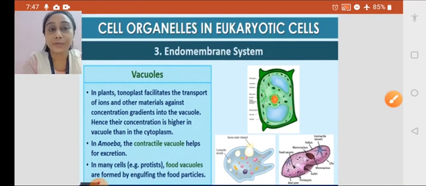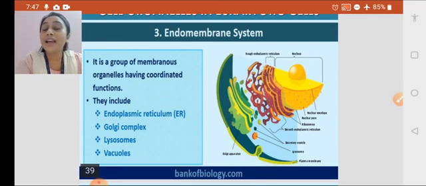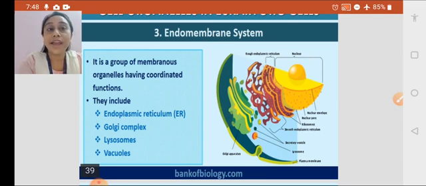contractile vacuole, right? So by this time, what we have studied, let us see, we were studying actually the endomembrane system. In the eukaryotic cell, we started studying the plasma membrane, then we studied the cell wall, then we started the endomembrane system. In the last class, we studied the endoplasmic reticulum and Golgi complex of the endomembrane system, and today we started studying the two more components of the endomembrane system, lysosomes and vacuoles. That means we have completed the endomembrane system, their functions, how they work and how is the interconnection of their